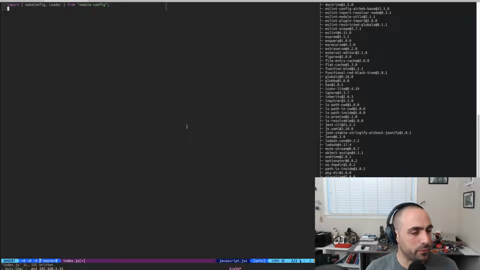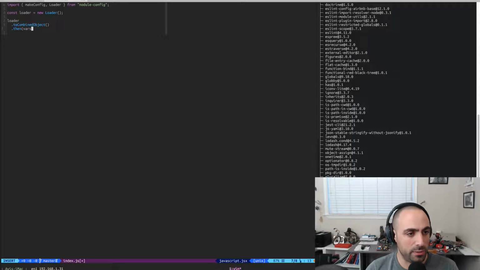Cool. So we'll have this configuration, and then let's say that const loader equals new loader, and then loader.toCombinedObject, and then